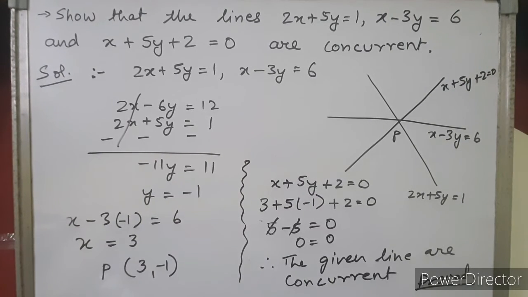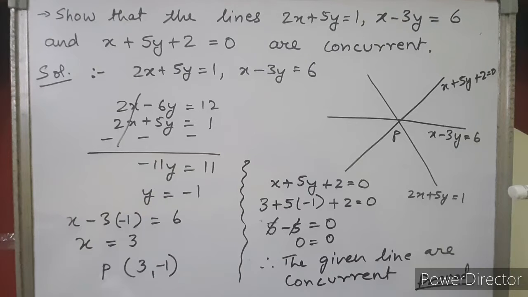When the lines share the same point of intersection, that means all the lines are passing through the same point or intersecting at a common point, then the lines are concurrent. Now you can see that there are three lines, 1, 2, 3, and all three lines are passing through the same point of intersection, which is P. That means this point P is lying on all the given lines.